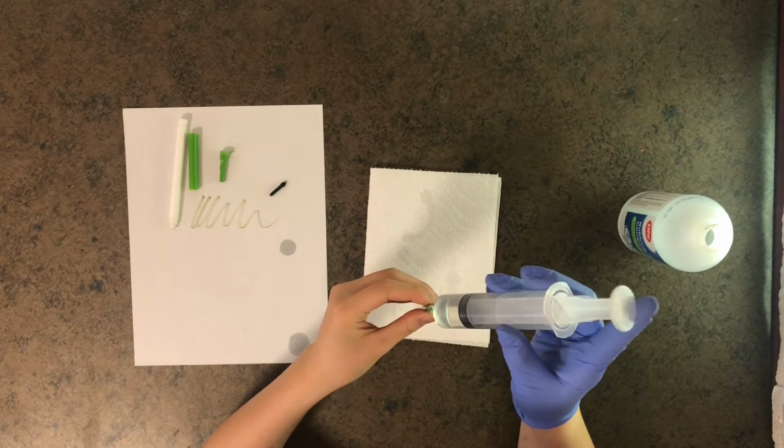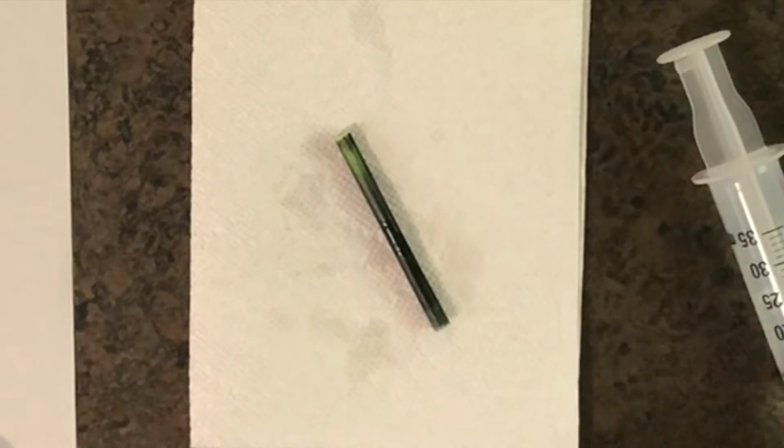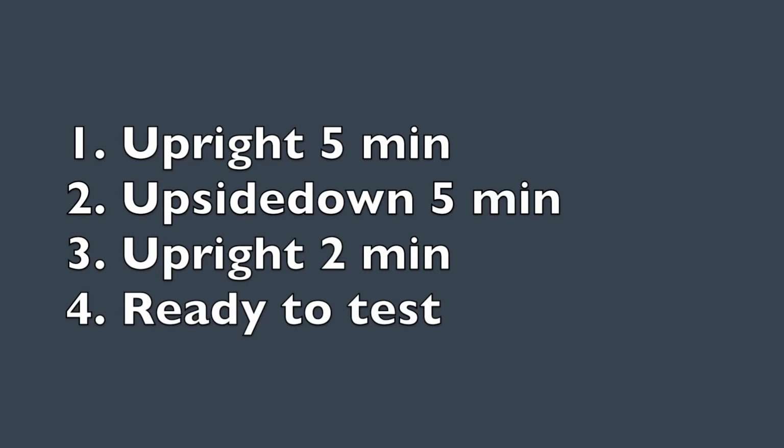When you deposit alcohol into one end of the cartridge, it leaches the pigment towards the other end, as you can see here. So to counteract that, there's a specific way in which to let the marker rest to remedy that problem. First is to leave it upright for 5 minutes to let the alcohol flow to the bottom and